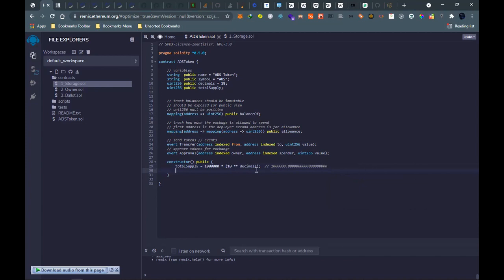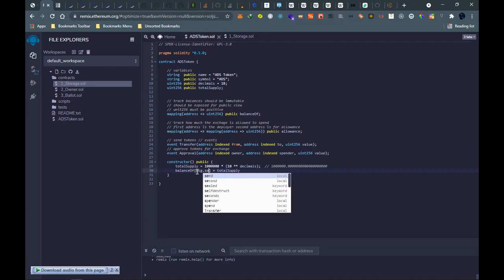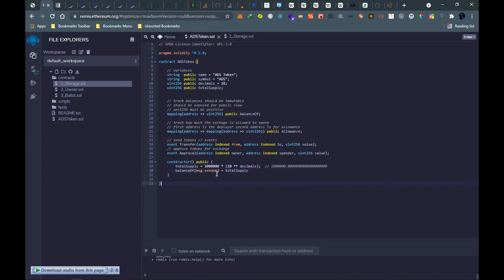And then we have balanceOf. The balances mapping is in an array because we really don't know the message.sender, since any sender can have a balance.